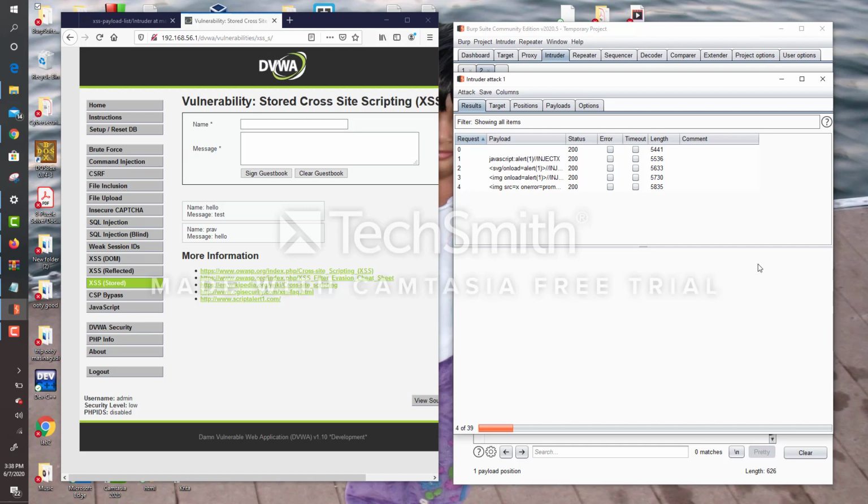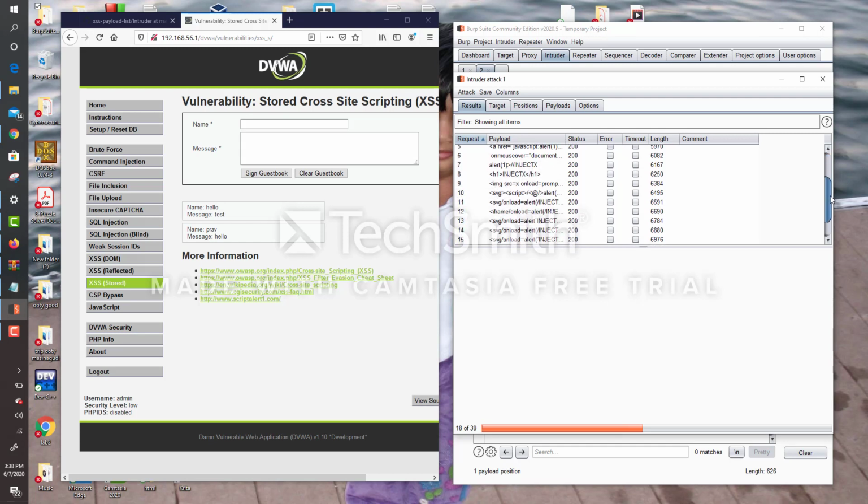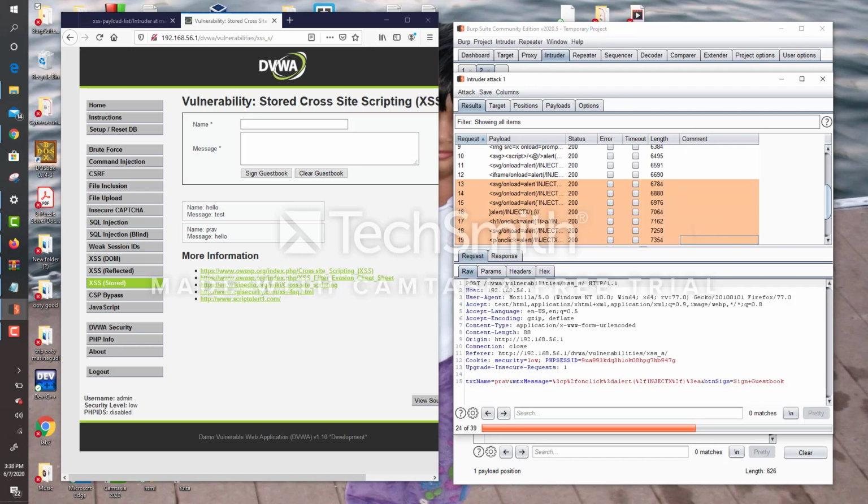So you click OK. Now here we are attacking. Just wait for this to completely load, and then you can actually see the different entries being created here. You can see the length is different for each and every one. Just wait until this completely loads, and then you can even click on each one and see what message you're getting and how it's working.